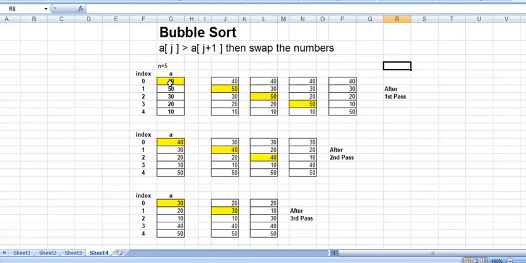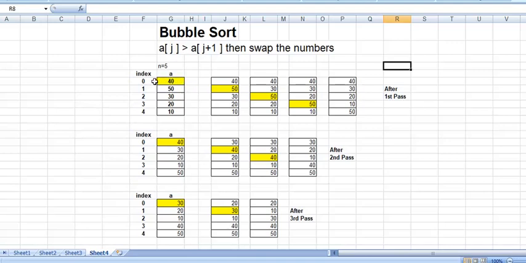In this case you can assume j as 0. Is a of 0 greater than a of 0 plus 1, that is a of 1? So this is a of 0, this is a of 1. Is 40 greater than 50? The answer is false. No, it is not.